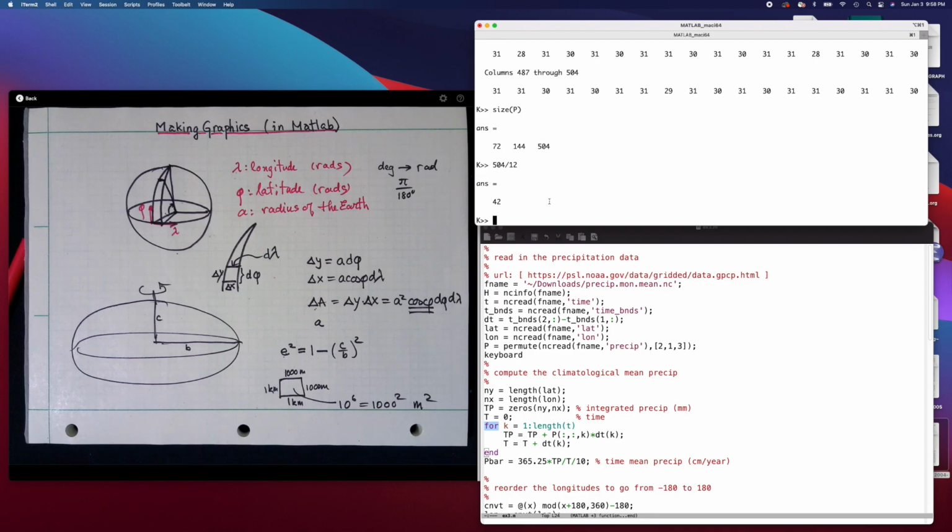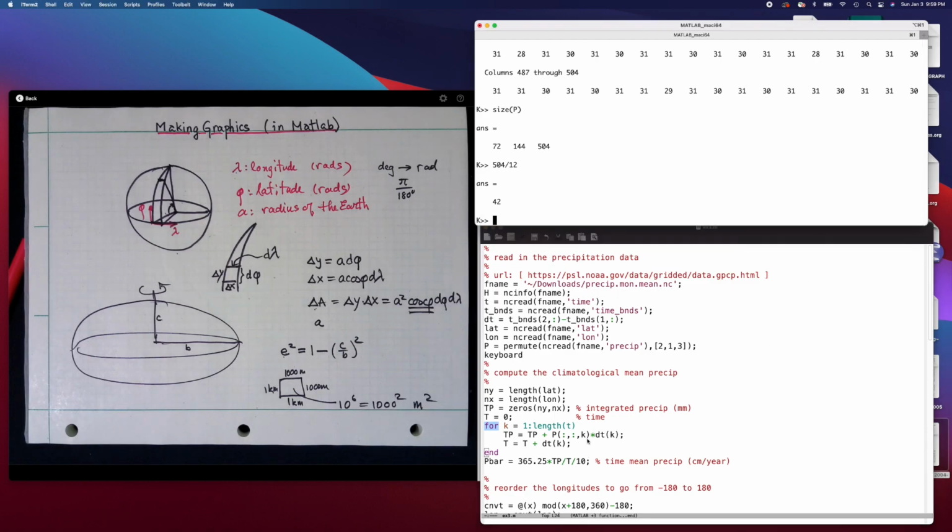The first month was January. The last one is December. For some reason there's a day missing in December. 31 in October, 30 in November, and so on. But for some reason there's a day missing in the last. If I count backwards, 12, 11, 10, 9, 8, 7, 6, 5, 4, 3, 2, 1. This is another December, so the other Decembers have 31 days. The last one is missing a day for some reason. In any event,